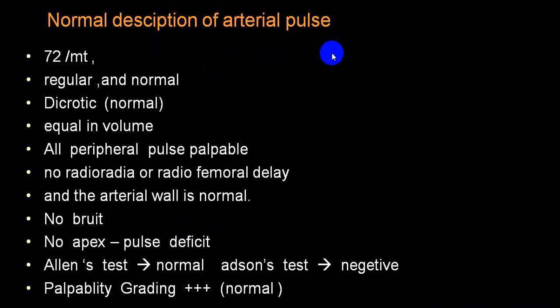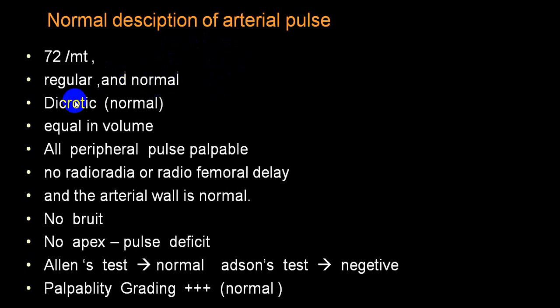If someone asks you to examine the pulse, you have examined the pulse and he asks you, tell me what are your findings? By and large in an oral exam the person gives only pulse is 72 per minute and he stops. No, 72 per minute is a rate. Then you have to mention whether it is a normal rhythm, that is regular, or it is irregular. And if it is irregular, regularly irregular, or irregularly irregular. You have to mention that.